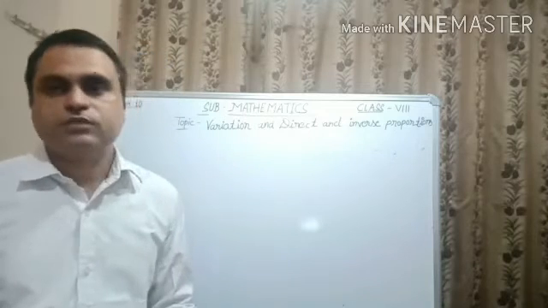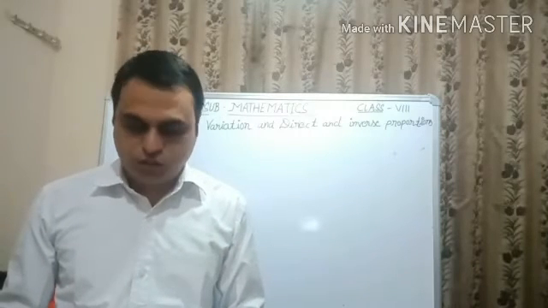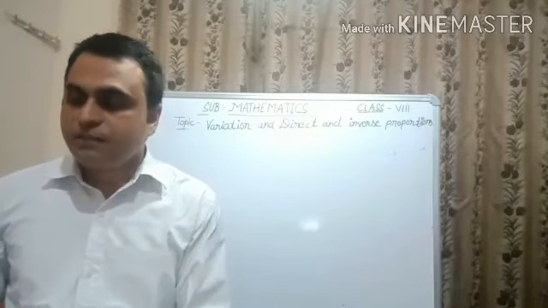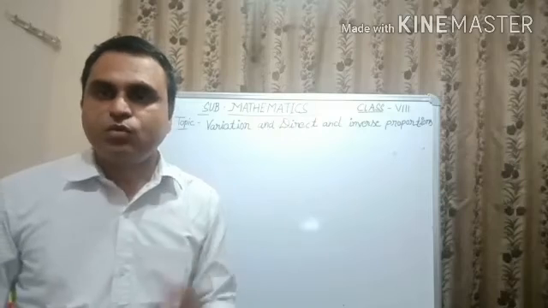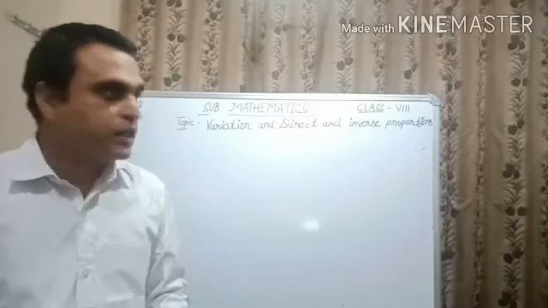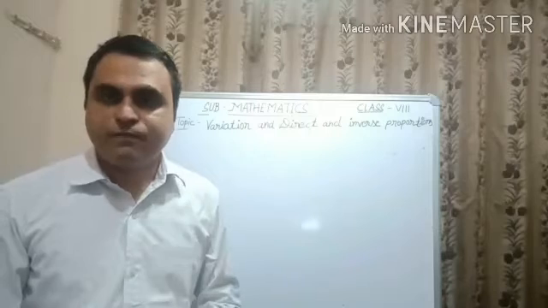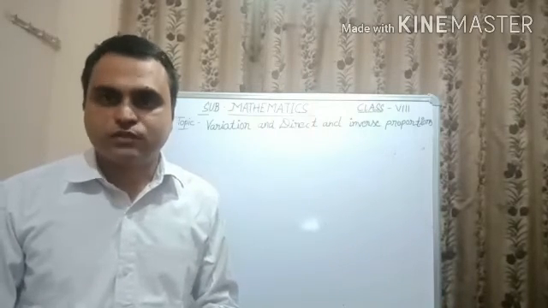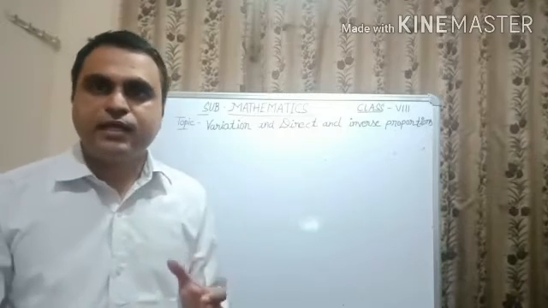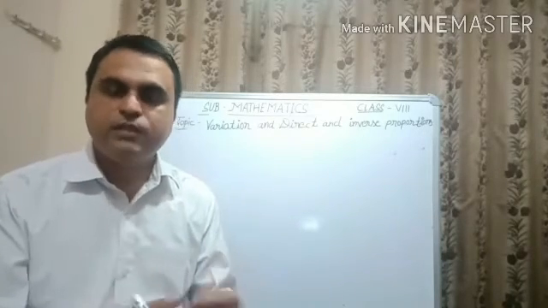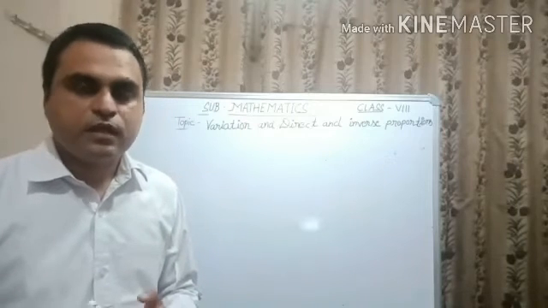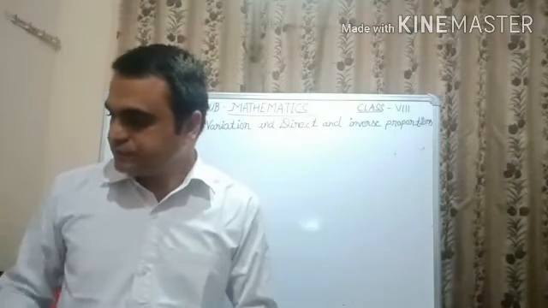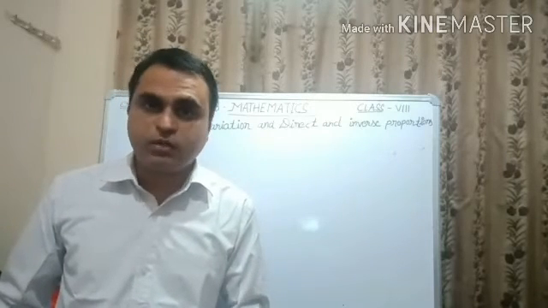There are many problems involving more than one variation, in which more than two different types of quantities are used. In the previous session we took only two quantities, whether the question was of direct proportion or of inverse proportion. Here we utilize a question which is related to both direct and inverse proportion. It means we take three quantities. This proportion is known as compound variation or compound proportion.